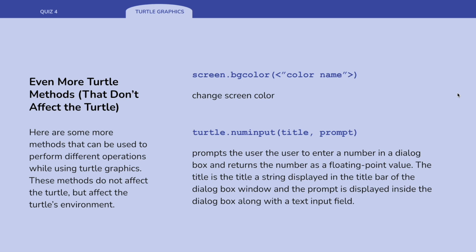Finally, there's a couple other turtle methods I want to introduce you to that actually don't have anything to do with the turtle itself or its drawings, but have more to do with its environment. The 2 I want to talk to you about are background color and num input. Background color is actually a method that applies to your screen. So in my example here, I said